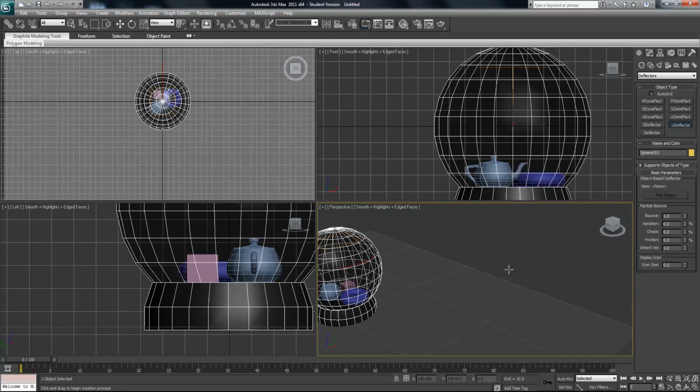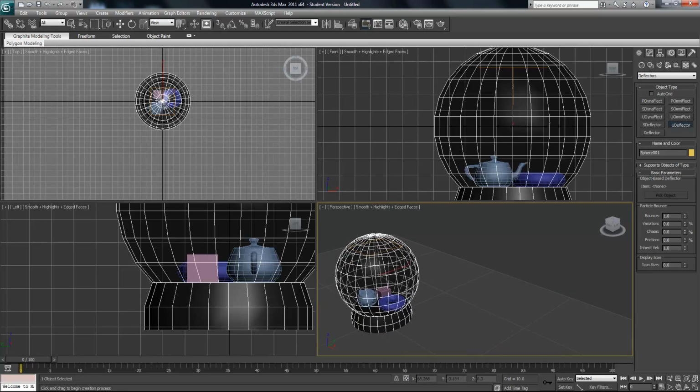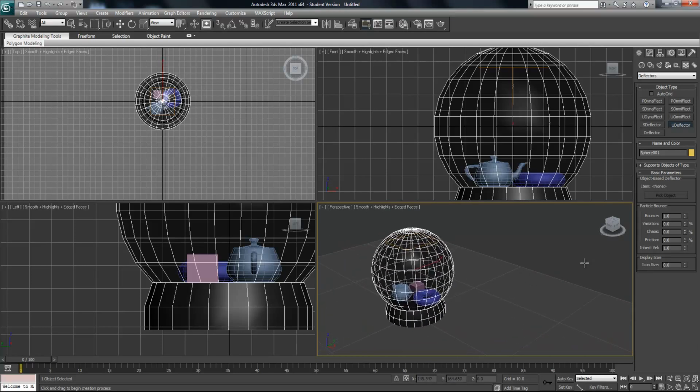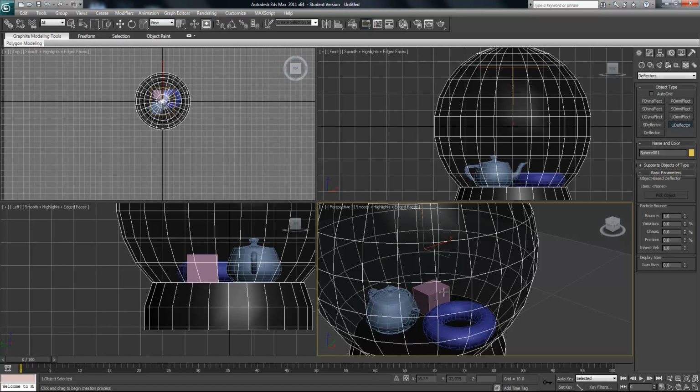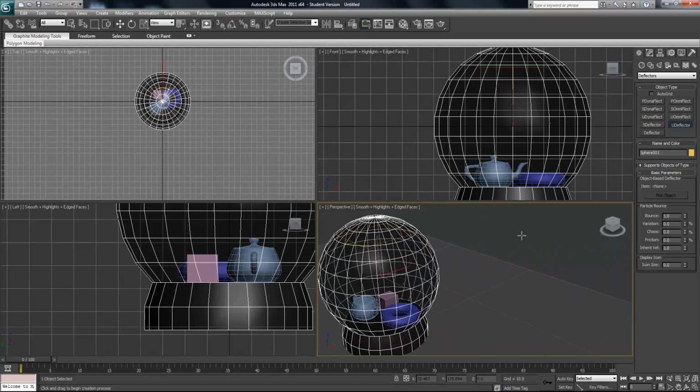So I'm going to draw out 4 different deflectors, and the reason I'm going to draw out 4 is because you can only pick one object per deflector, and because I have one object here, which is the actual snow globe itself, I want that to deflect the particles. I got 3 shapes on the inside, and I want those each individually to deflect particles. So if I draw one out,